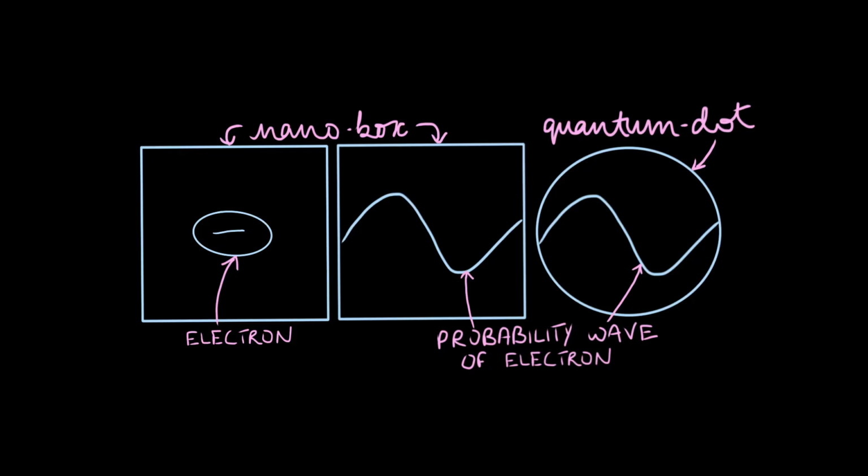So quantum mechanics says that the electron inside the box also acts as a wave. The length of the electron wave would spread out to the length of the quantum dot. But why does this matter?